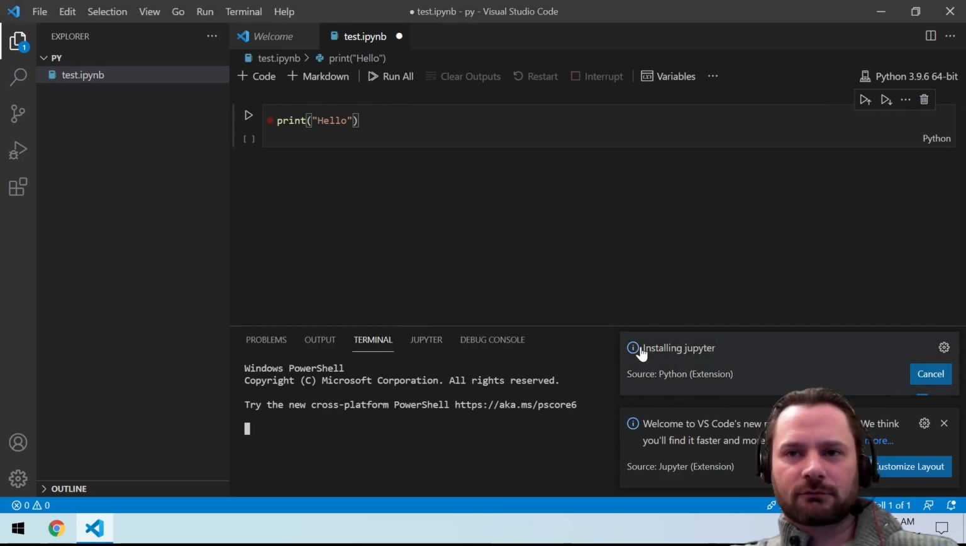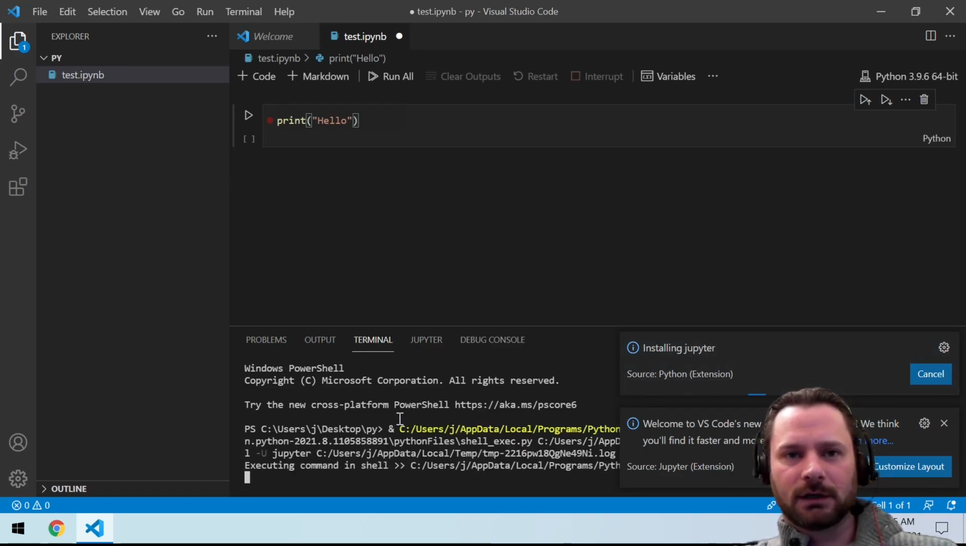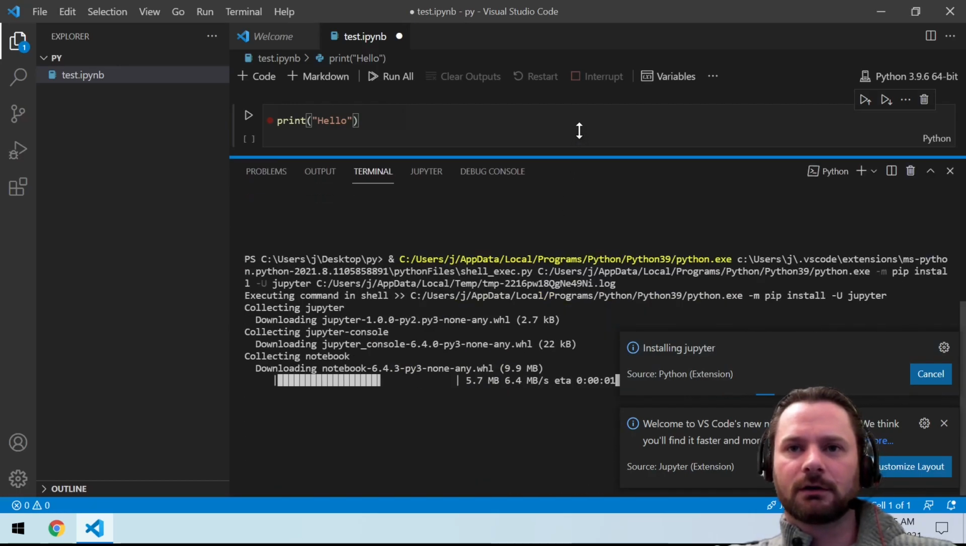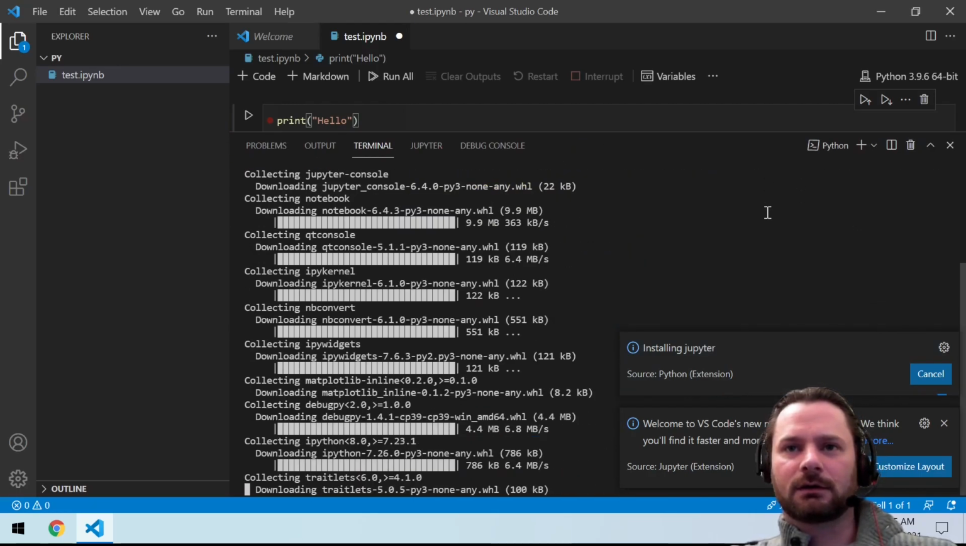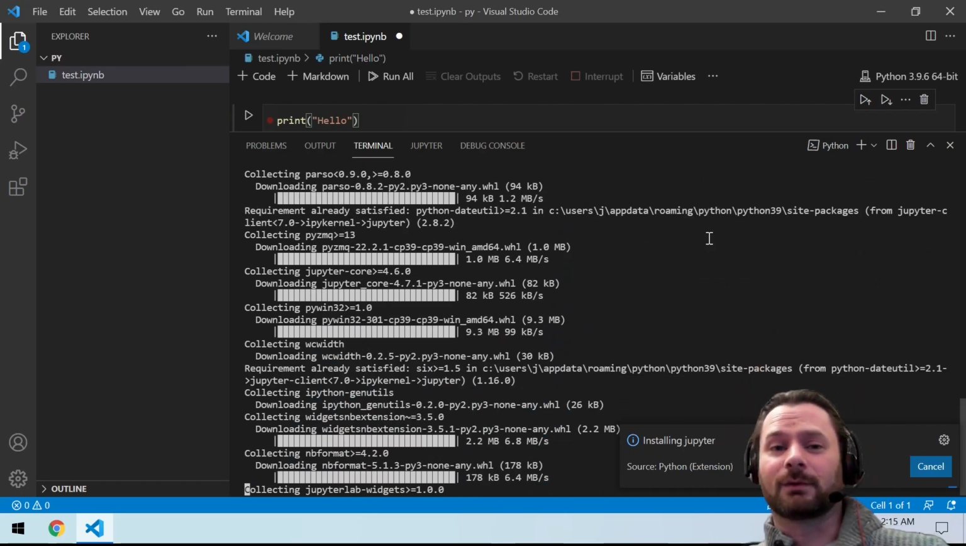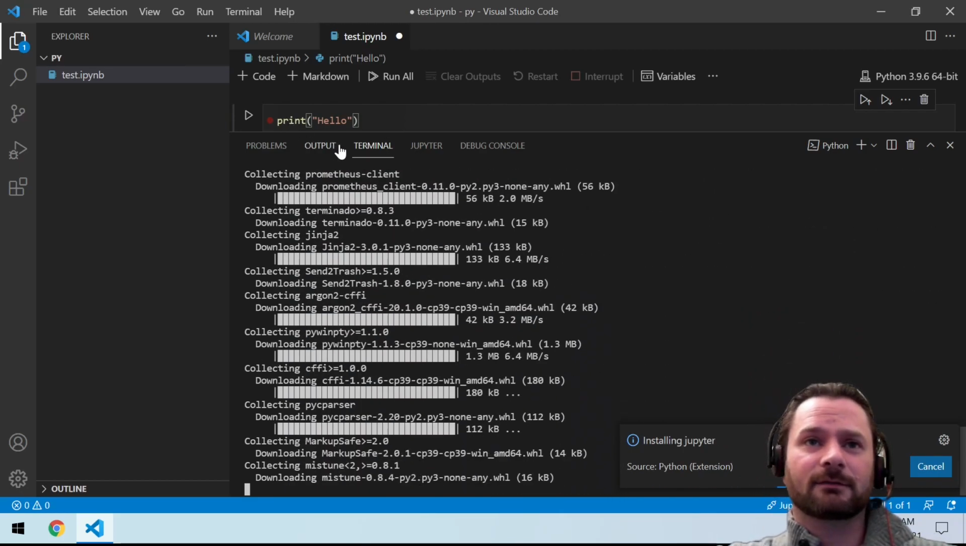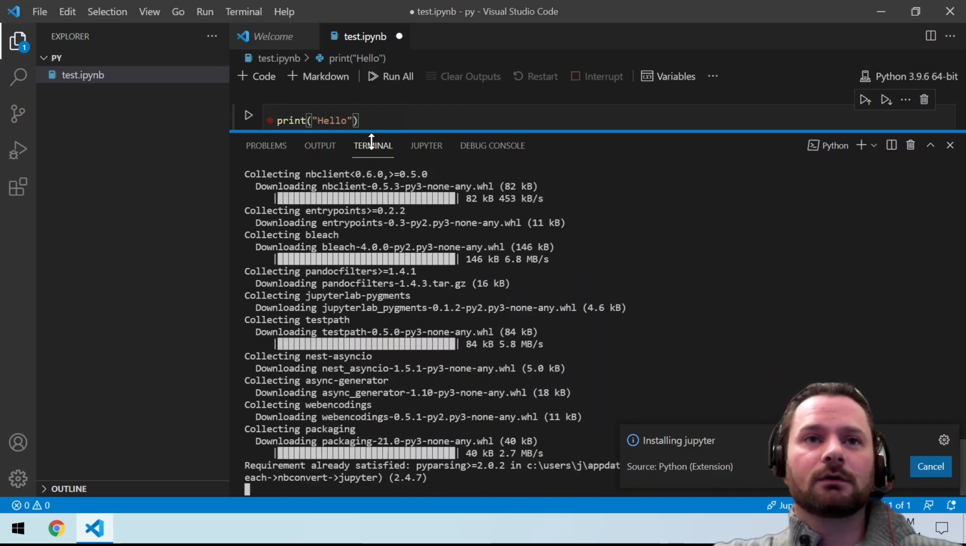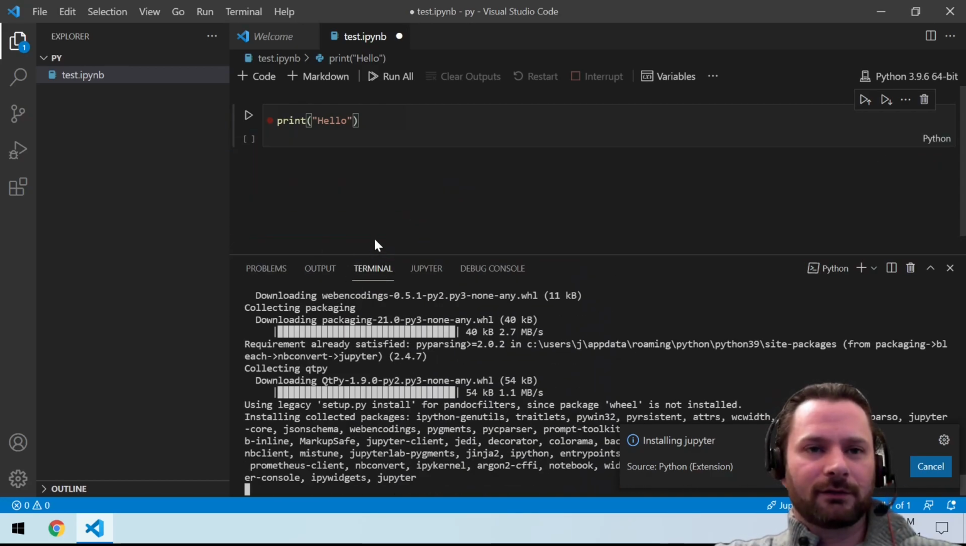This goes off and just runs the command in a terminal to install Jupyter. And we can see here that it's just scrolled off screen, but it's going to run pip, and it's going to install Jupyter and a few other things. So while this is installing,